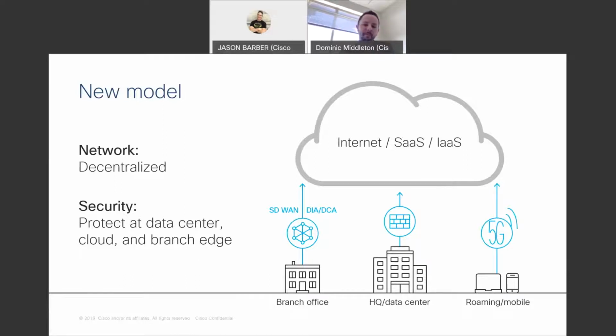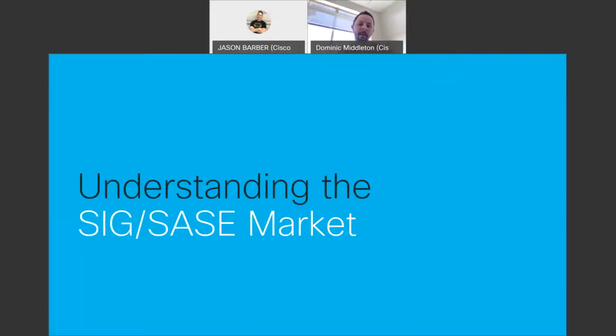If I can just jump on my Wi-Fi here on my laptop, go straight to the internet without having to backhaul traffic through my VPN, that's going to save me a lot of time and money. So that leads to a much more decentralized model, which is what we're looking at here. And the new mindset for security now is to protect the data center, the cloud, the edge, the branch edge, protect the data wherever it's at, not just routing traffic back in through an old school model and then back out to the internet.